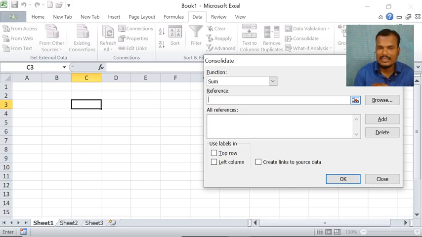November is a different workbook, but my requirement is I want the total in another workbook. So we are merging the October and November workbooks, and we are getting the result here in this new workbook.